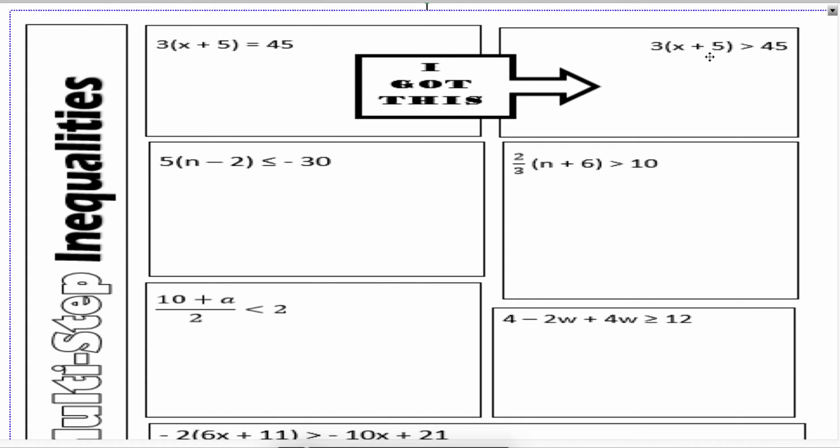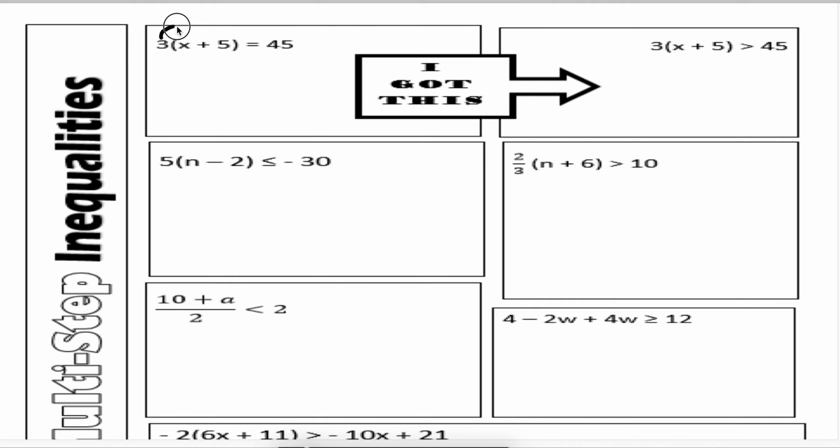Hey, let's try the first ones, things that we've done in the past. We have 3 times the quantity x plus 5 equals 45. Remember, what is the property where we distribute this 3 to both the x and the 5? Well, that's called the distributive property. That's why we distribute it. Okay, so if I distribute this 3 to the x, I get 3 times x, which is 3x, and 3 times 5, a positive 5, which is positive 15. And that equals 45. Now we just go through and solve it the same way we always have in the past. We subtract 15 to both sides,